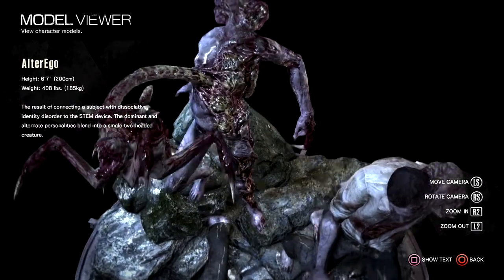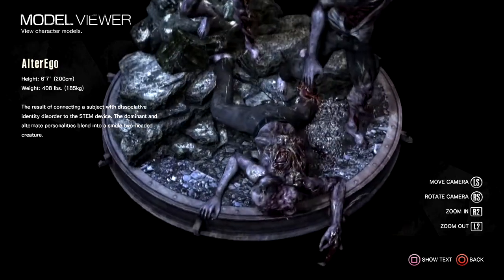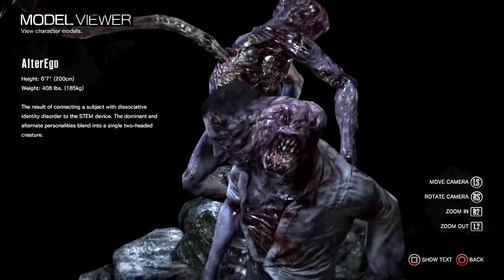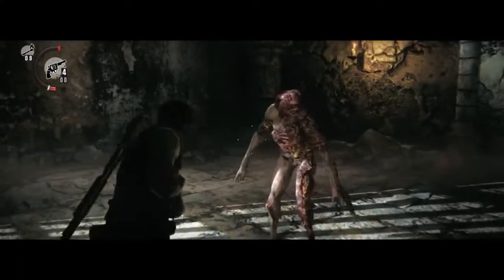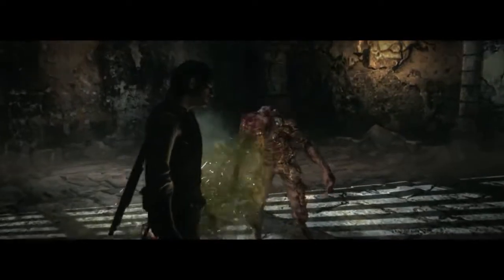It appears that the alter individual is actually the cause behind this physical anomaly on the left side of the body. The ego is capable of spewing out an acid reflux in an attempt to wound their prey. These creatures aren't the brightest, but they are the most dangerous. The main trait about the alter ego seems to be the tentacle appendage buried inside of the chest cavity. Getting too close isn't worth losing your head over.